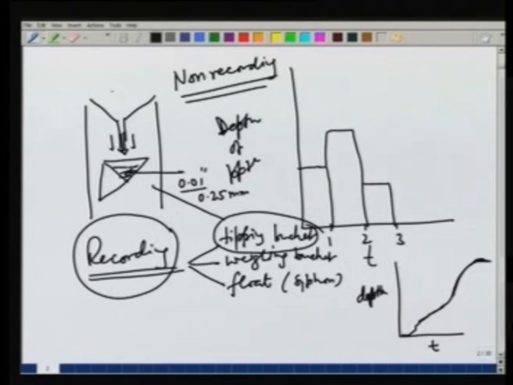So, that much precipitation occurring over this area of the opening of the rain gauge will fill the bucket up to some point, and as soon as it is filled, it will tip over and the second bucket will come